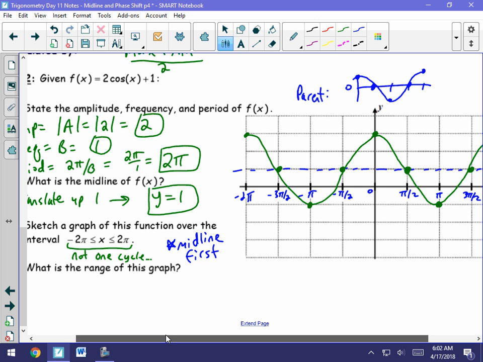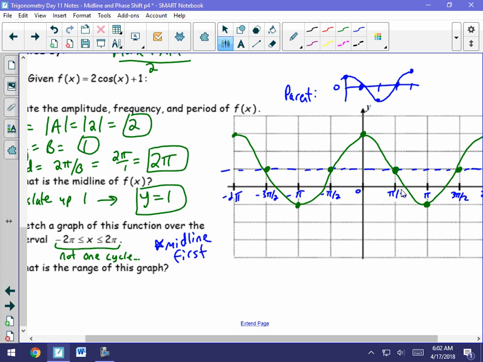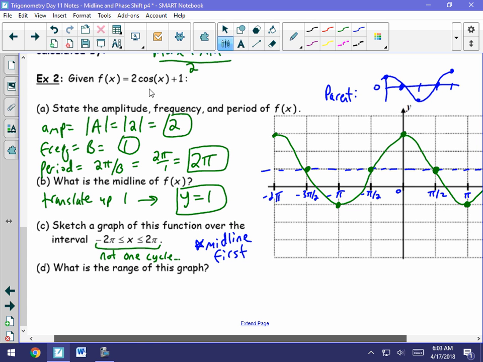Okay, so then it says what's the range of the graph, right? I mean, we can look right at it and see that it's -1 to 3, right? That comes from, if we look at the equation, if the amplitude is 2, the range would have been from -2 to 2. But then we had this vertical translation of +1. So if we add 1 onto both endpoints there,